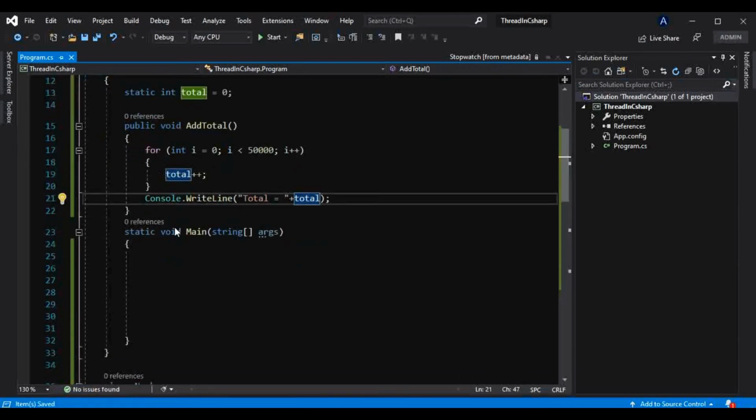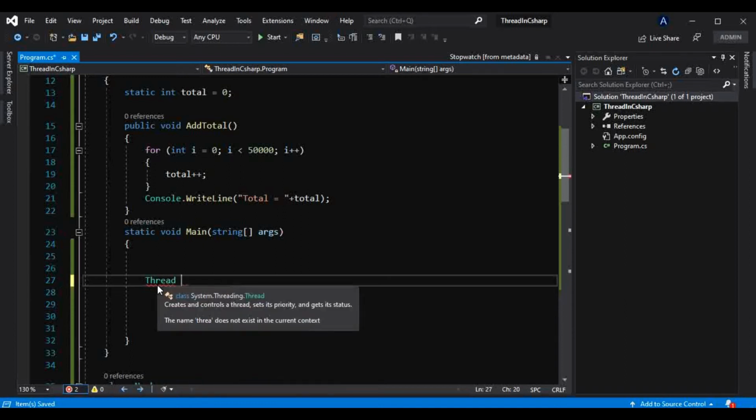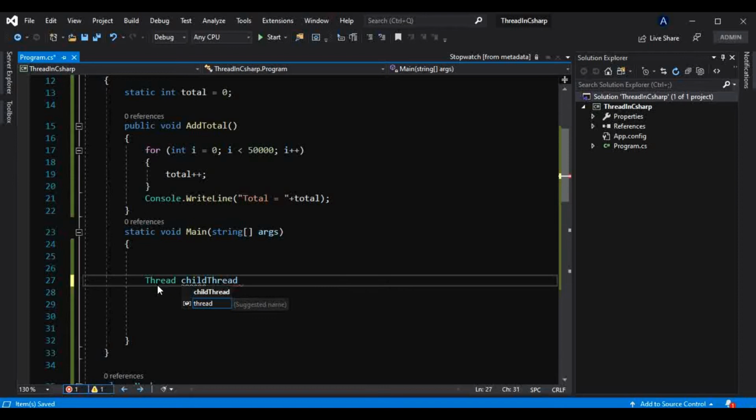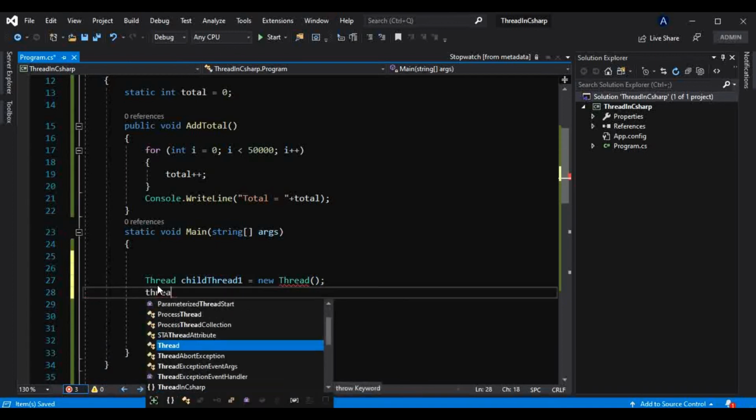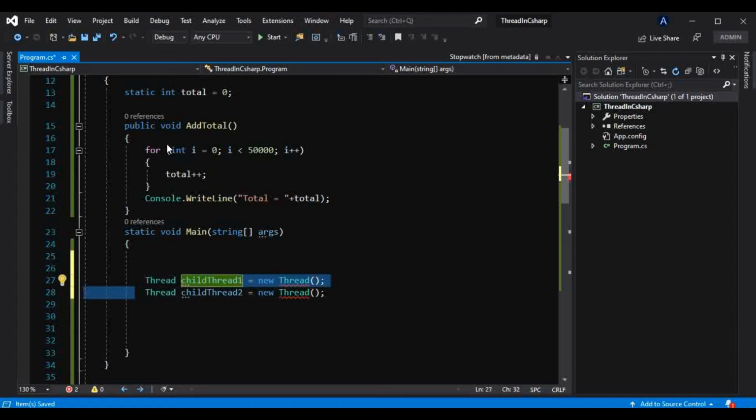Now I will create two threads here: child thread 1 equals new Thread, child thread 2 equals new Thread. And I will make both these threads execute this same method, add total.